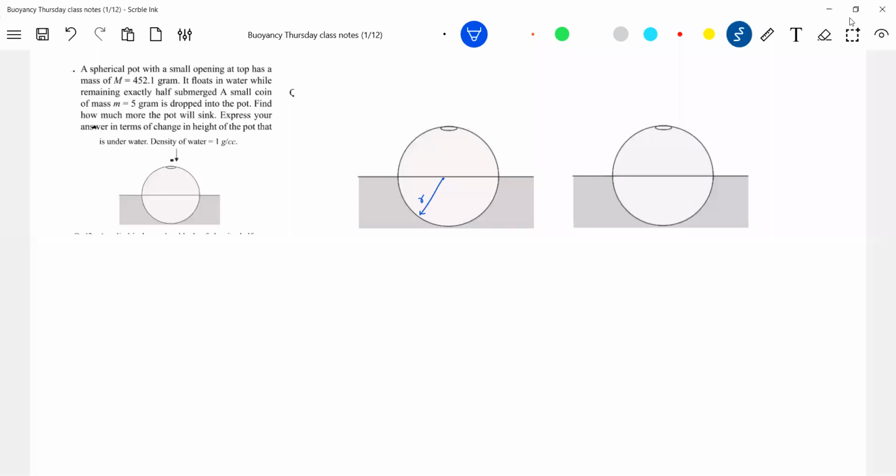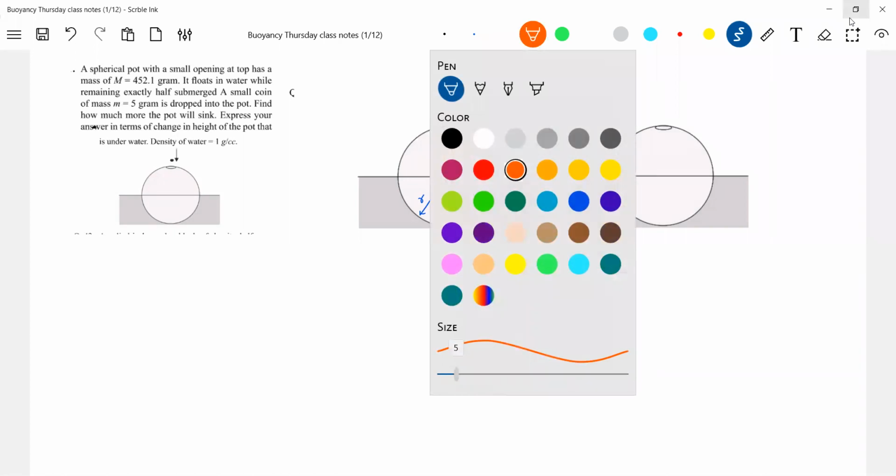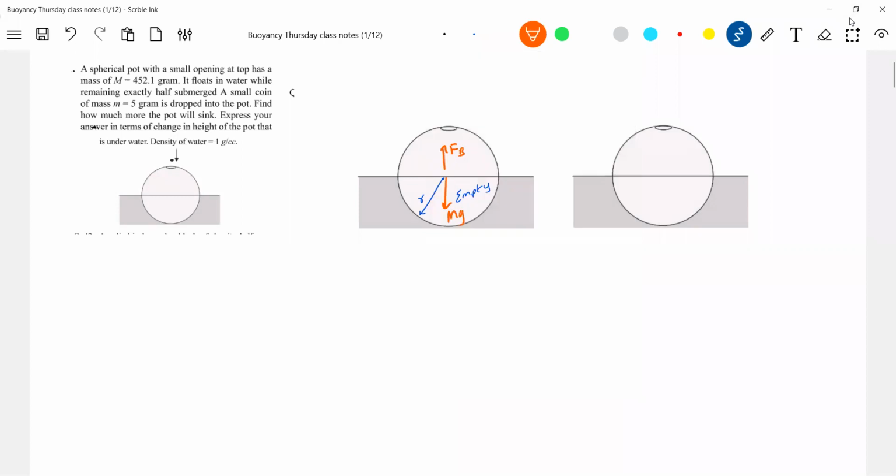Water inside her. So I'll write clearly empty. Understood? So what are the forces that will be acting? The buoyant force, it is shown like this, and the weight m1g, or capital M g. Okay, this is a buoyant force. So now,